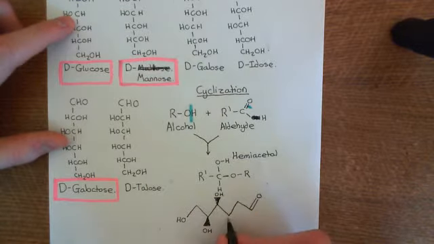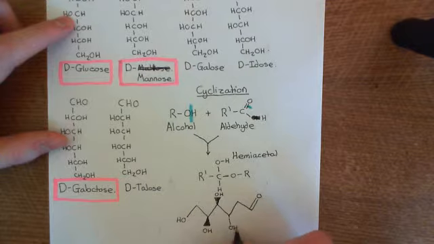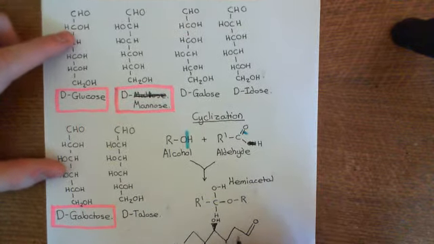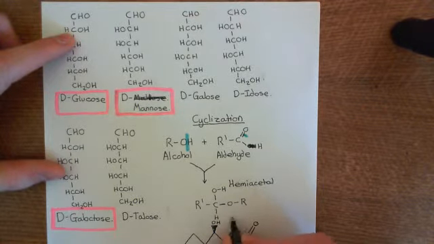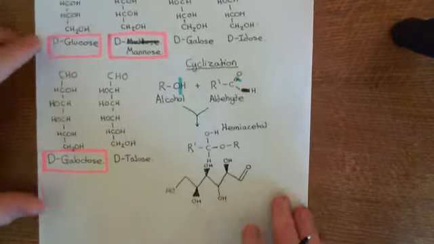Okay, the alcohol group of this third carbon is going into the page away from us, so here is this one, and the alcohol group of this second carbon is coming out of the page towards us, so here is the alcohol group of the second carbon here. Okay, so this is the structure